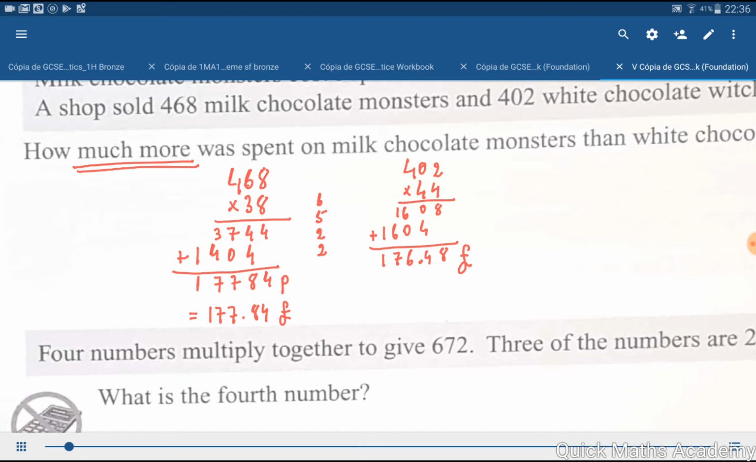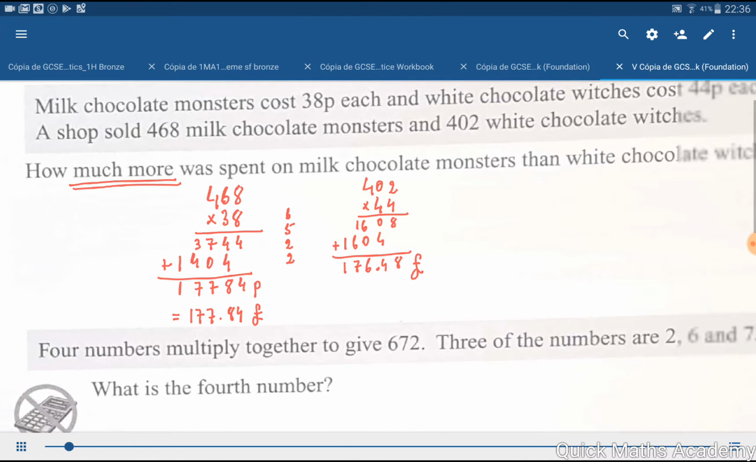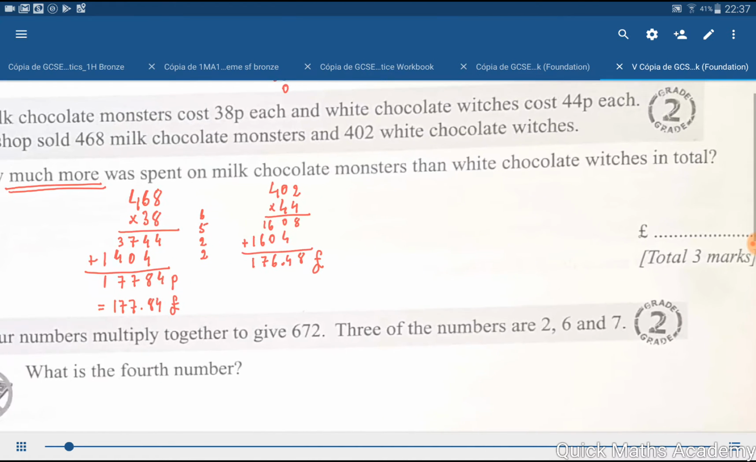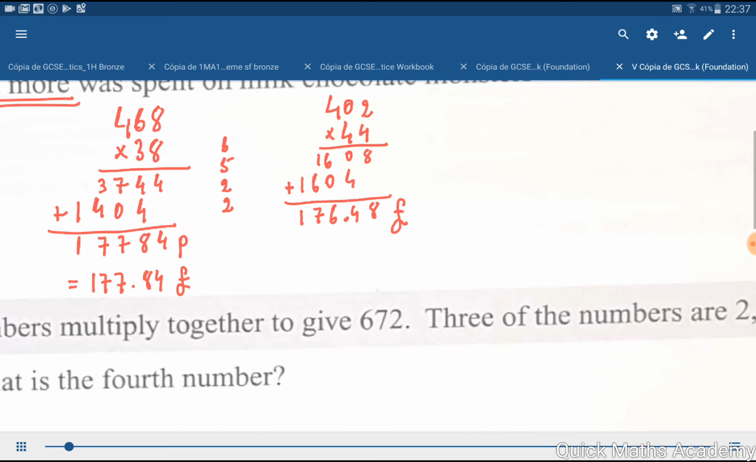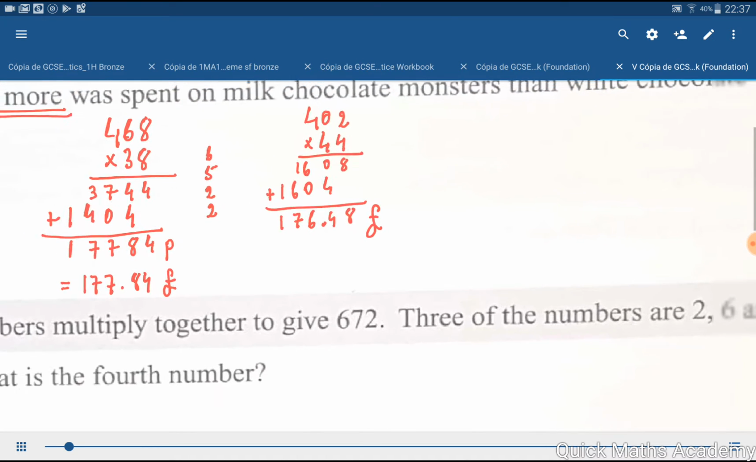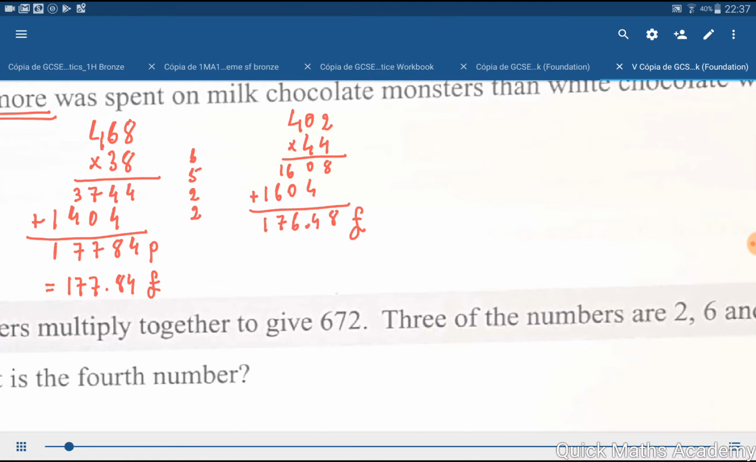Okay, and indeed they are asking how much more was spent on the monsters than the white chocolate witches. Okay, so we want to know the difference between those two numbers. Okay, and for that we are going to subtract. Okay, and that's it. So from 177.84 I will subtract 176.48. Okay,